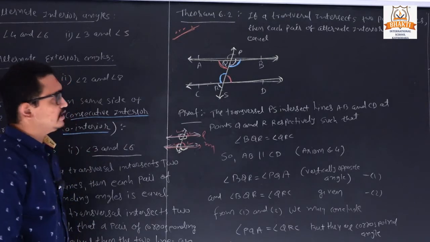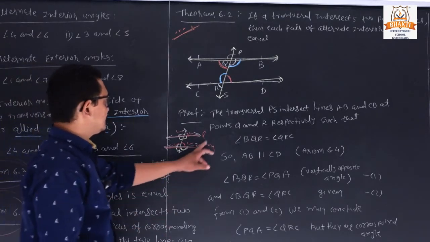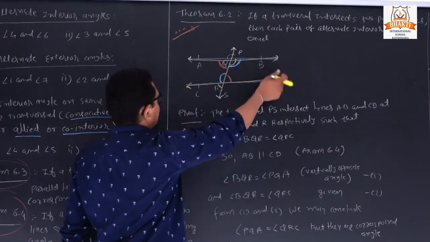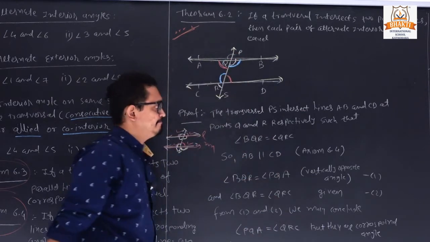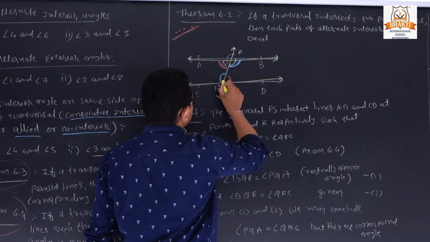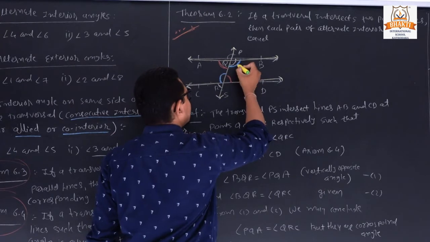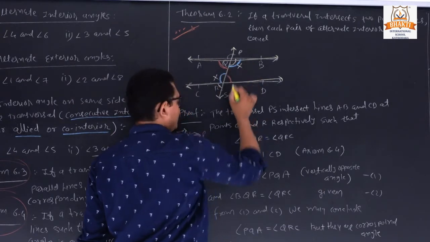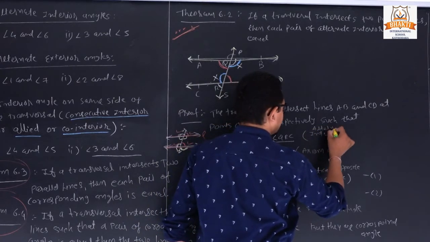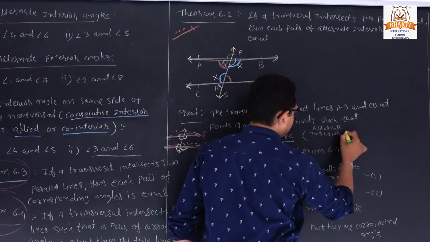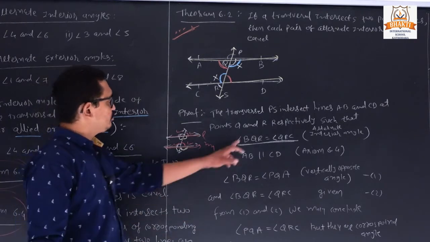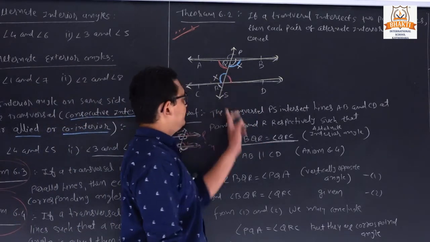So how can we prove that? We can start like this. We have one transversal line PS that intersects our two parallel lines at different points Q and R. So angle BQR, this angle, is our alternate interior. Clear? This is the pair of alternate interior angles. These are always equal. We need to prove that this and this angle are always equal.